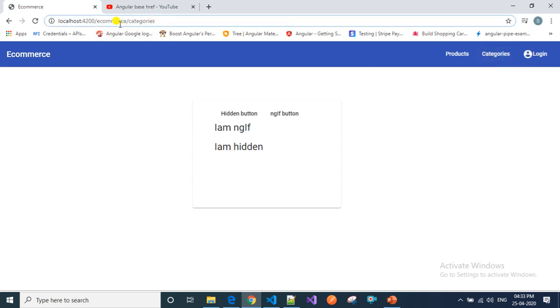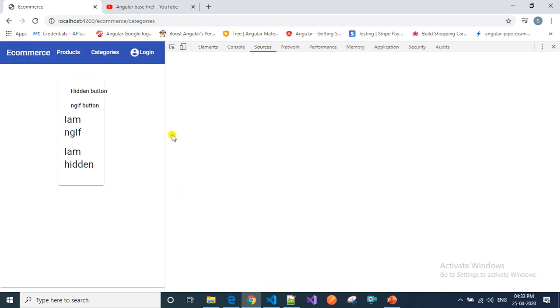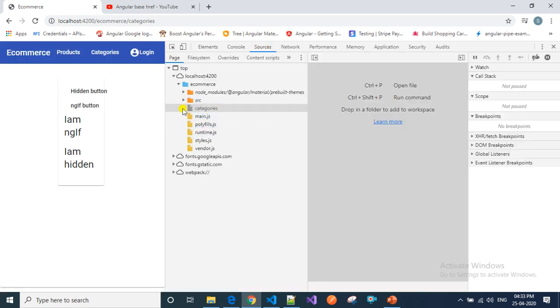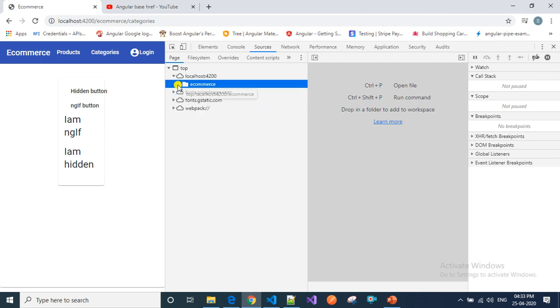This categories path will be relative to the folder path we have given here. And if I open inspect elements and click on sources, you can notice all these JavaScript bundles and everything will be present inside this e-commerce folder, or this subfolder that we have created.